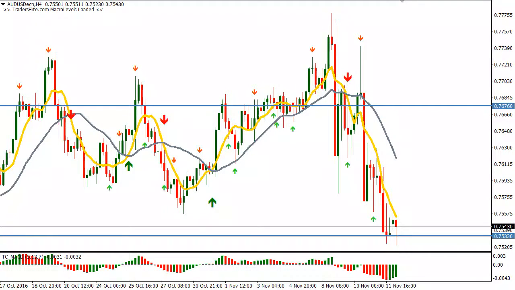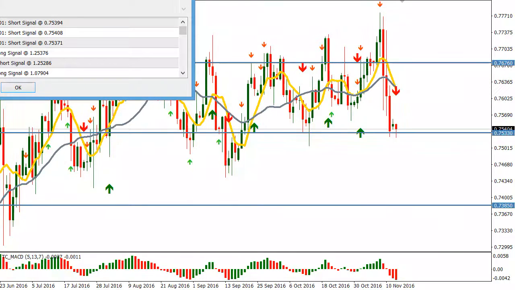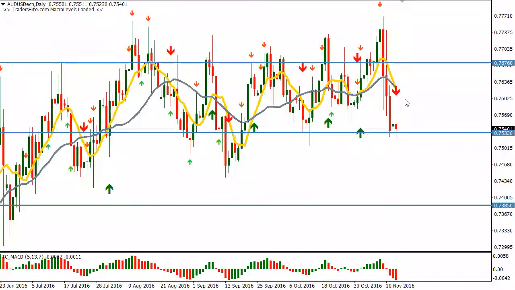Probably if it stays above this 0.7533 level, an opportunity is a macro level trade or a price flip trade combined with a macro level trade to move back up towards 76.76. But just be aware that a new daily trend trade has formed. So, however, if it does move up, let's just say it moves up from where it is now to around, even to the moving average, there's 85 pips,